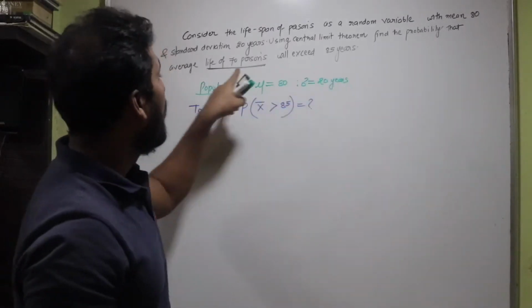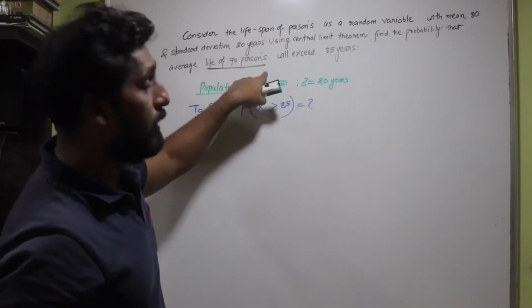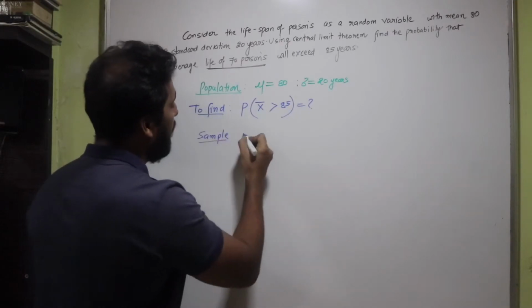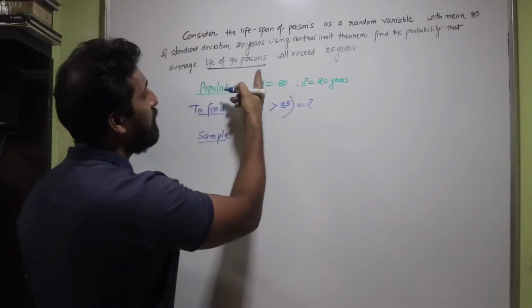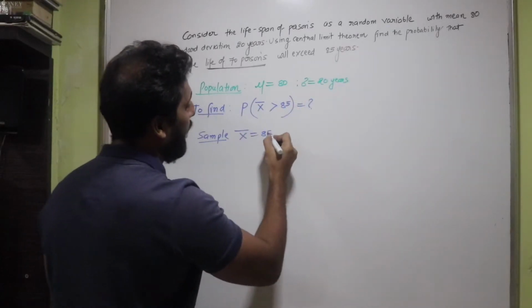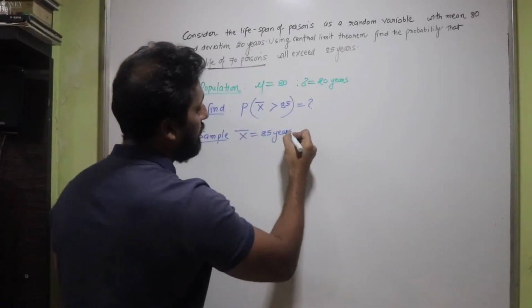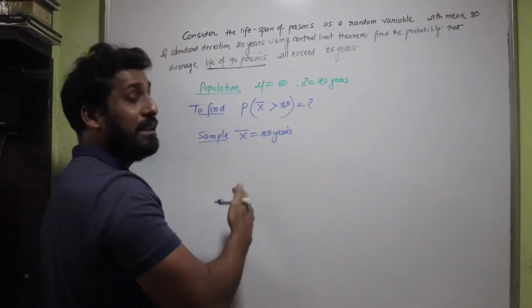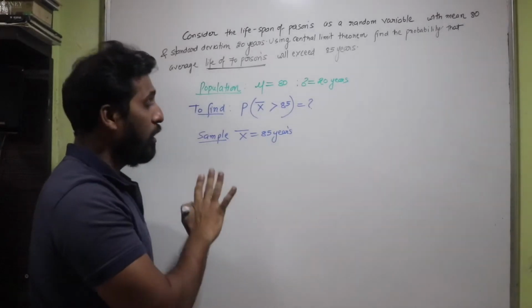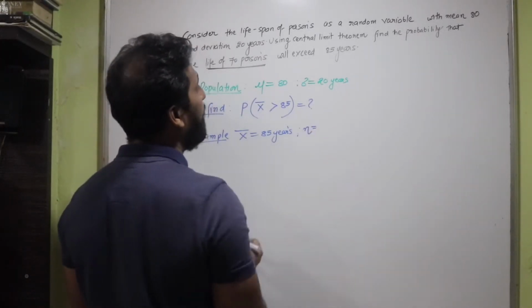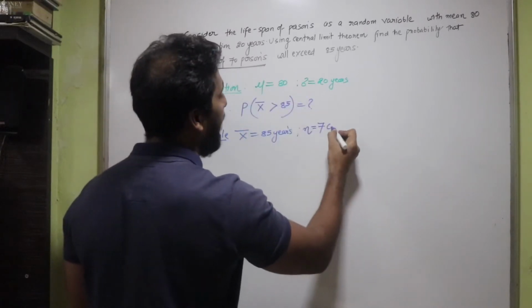That's your sample. The sample size is 70, isn't it? So for the sample, I can write that the average lifespan should exceed 85 years. Let's say X bar is equal to 85 years. I want to find the probability when X bar is greater than 85. So let's first find it for 85 years. Further, the sample size n is given to us as 70, so I'm going to write n as 70.